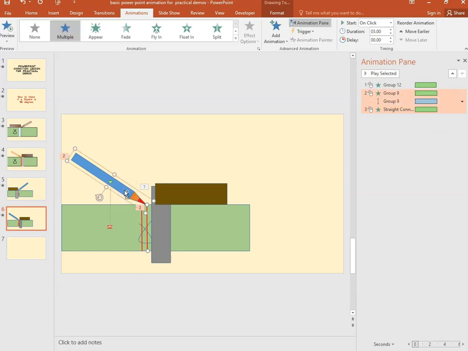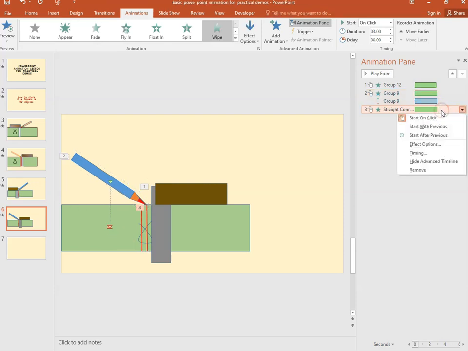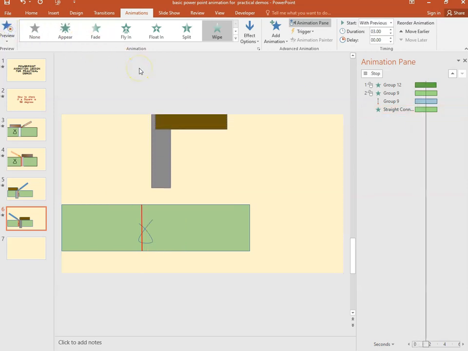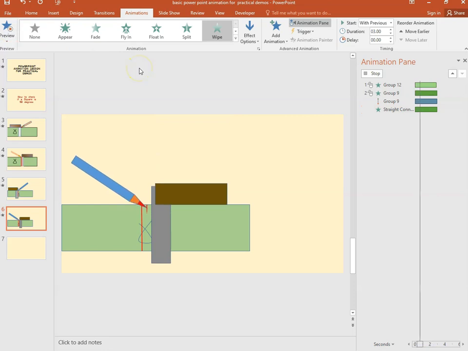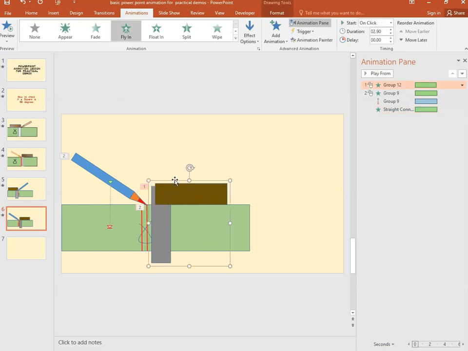There's the pencil, which has two animations attached to it. So I'm going to right click and I'm going to say start with previous. I'm just going to replay that again. Okay. That suits me, yeah. Okay, and I'm going to click on the square now and just move that into position